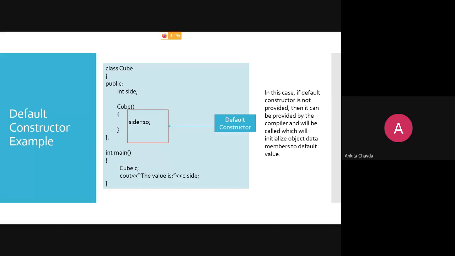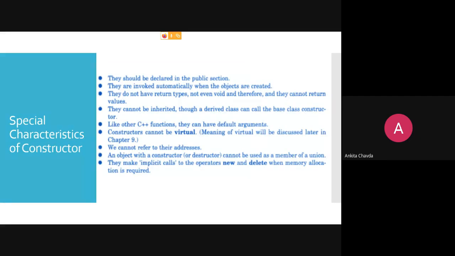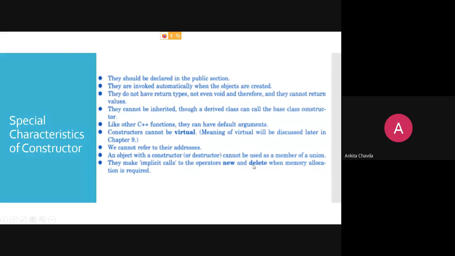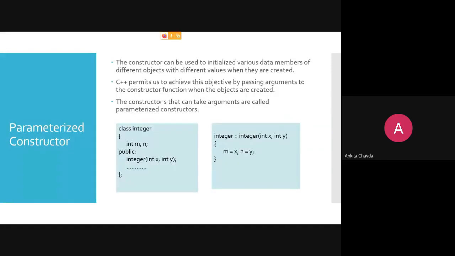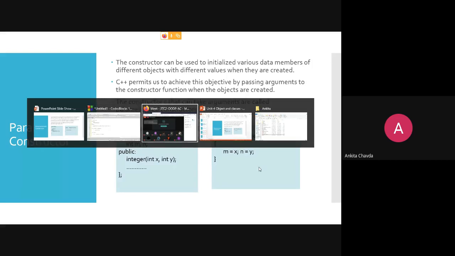So the new keyword is associated with it. That is why at runtime, whenever we create the object, only at that time do my data members actually get the physical memory space. And in the same way for the destructor: whenever you write the destructor, at that time the delete keyword is associated with it, and it will free up your memory which was created by the new operator. Okay, I hope you are getting things.